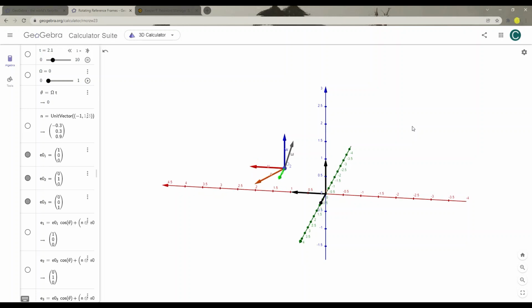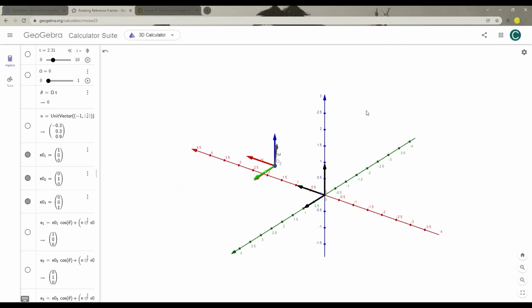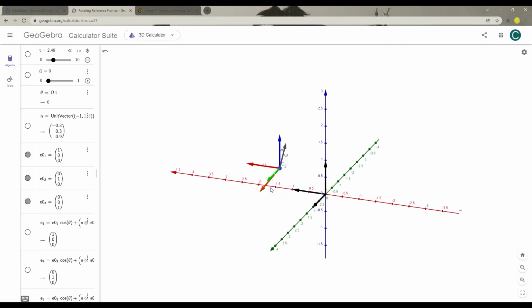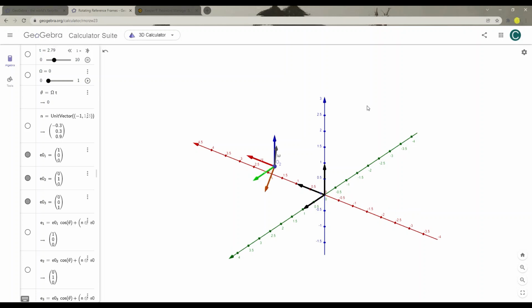Sometimes it's useful to describe vectors in one reference frame, like a rotating reference frame. However, rotating reference frames aren't inertial. So a lot of times we would like to be able to translate a vector described in a rotating reference frame in terms of the inertial reference frame, and so I'm using this depiction here to set up